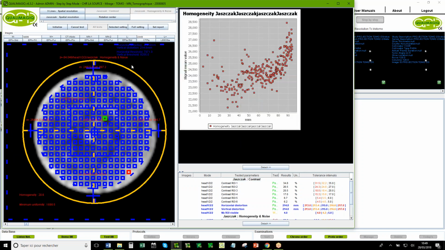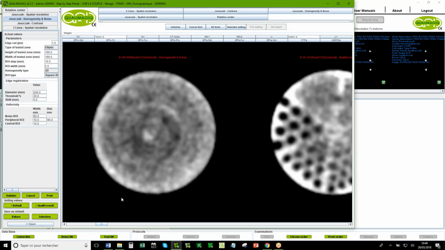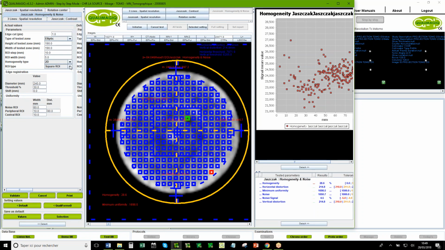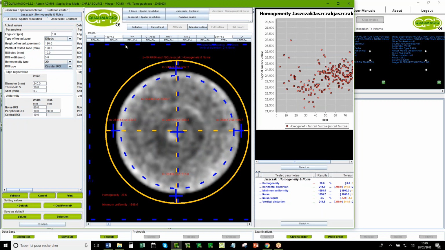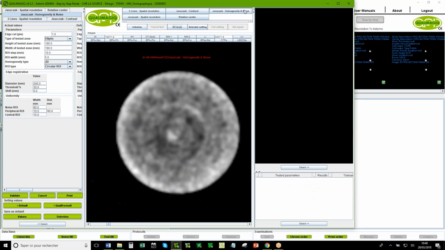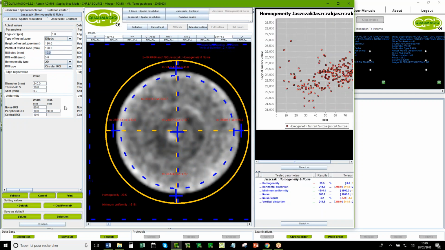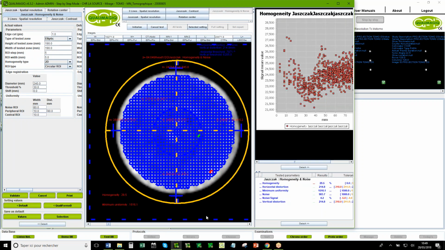Yes. Second test, homogeneity. So here it's a little bit stupid, I want to change. It's a circular phantom, so the best is to have some regions of interest, not square, but circular regions. As you know, you can pilot everything. So if I redo the test, now it's a circle. And if I want one measurement every 5 millimeters, I think it's better. So now I change completely the mask